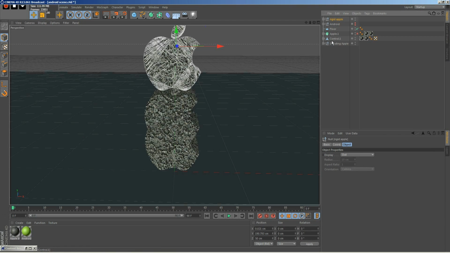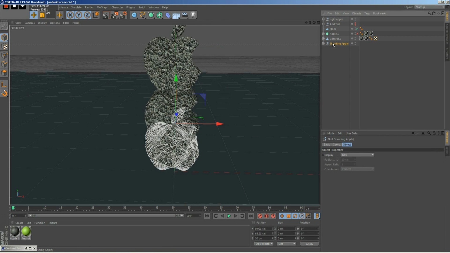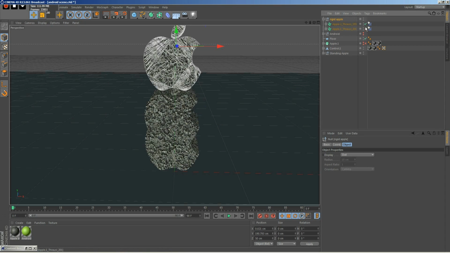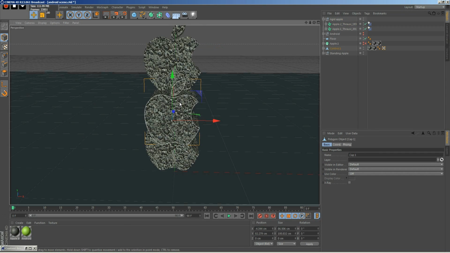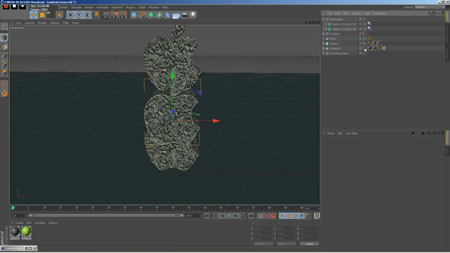And rigid apple, we turn it on. Okay, this is our control apple, which shouldn't be seen, by the way, but somehow